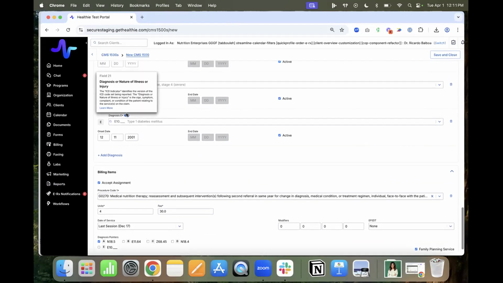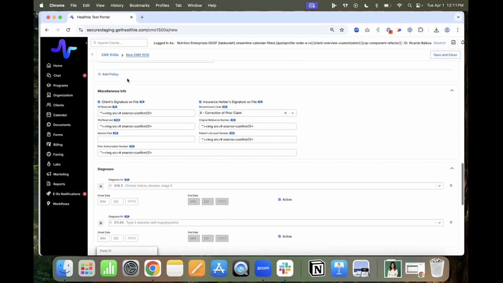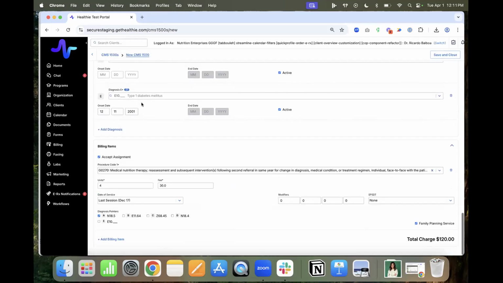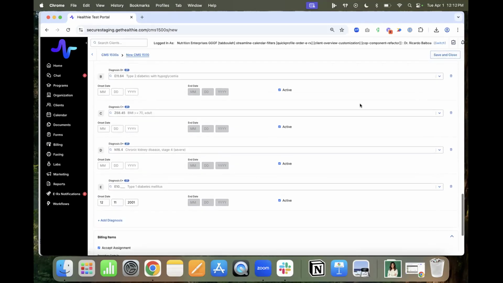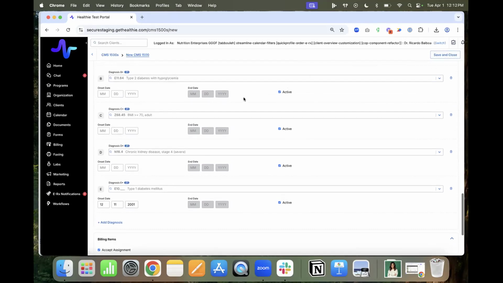And if you're not sure what a box or field is here, each of these maps to the CMS 1500 pink form. So you're going to be able to hover over and just learn a little bit more about what each field is asking you and what information to put into that field. And when you're done, you're just going to hit save and close. If there's any errors, they're going to pop up and you're going to see suggestions on how to correct this